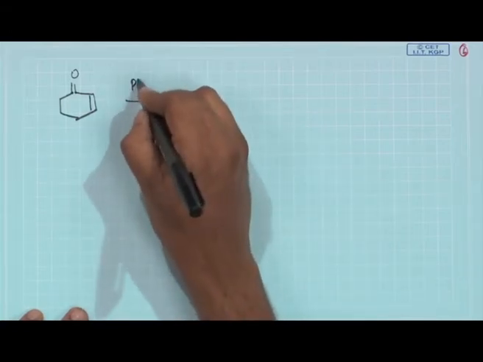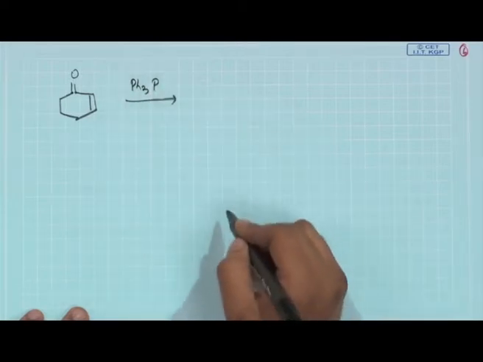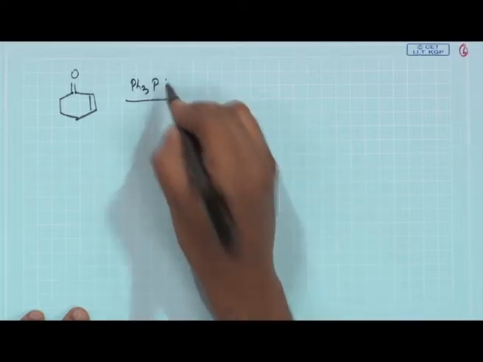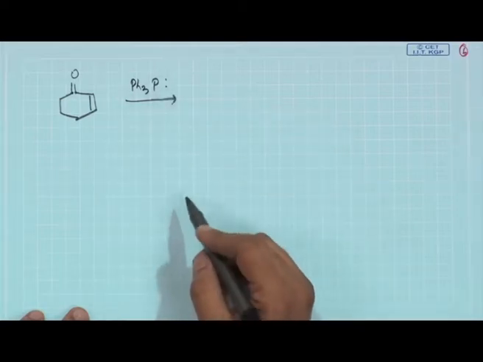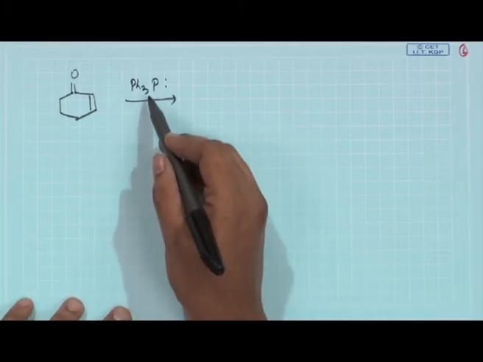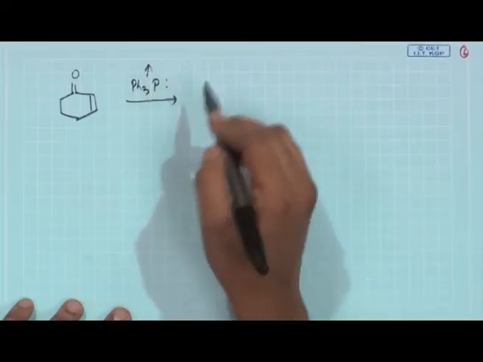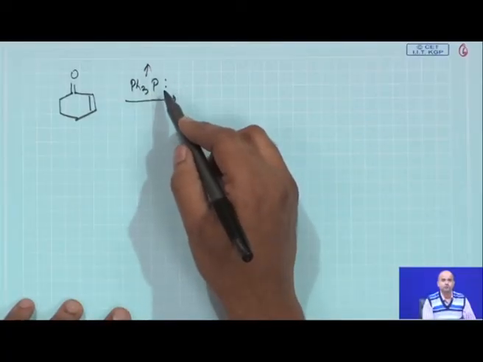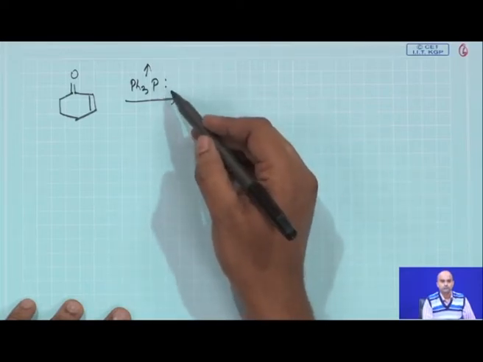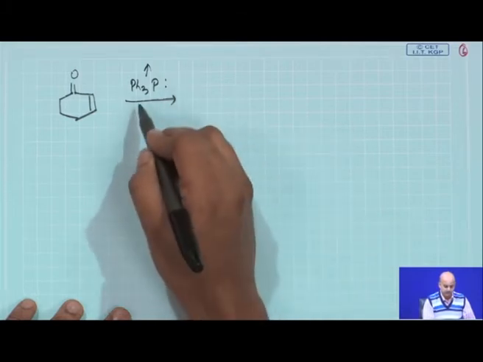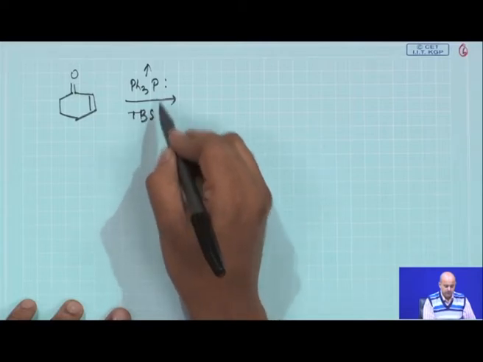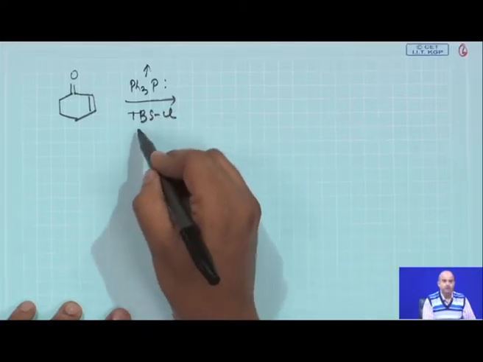Sometimes you can think about a very unusual nucleophile, which normally we do not use in a nucleophilic substitution reaction, which is triphenyl phosphine. The phosphorus might be a nucleophile. Now, why triphenyl phosphine was used, that is a tricky question. We all know triphenyl phosphine kind of compounds are a good source to generate the corresponding phosphonium species, which helps in the Wittig reaction. So, here we will be using this triphenyl phosphine as a nucleophile and use a TBS chloride.